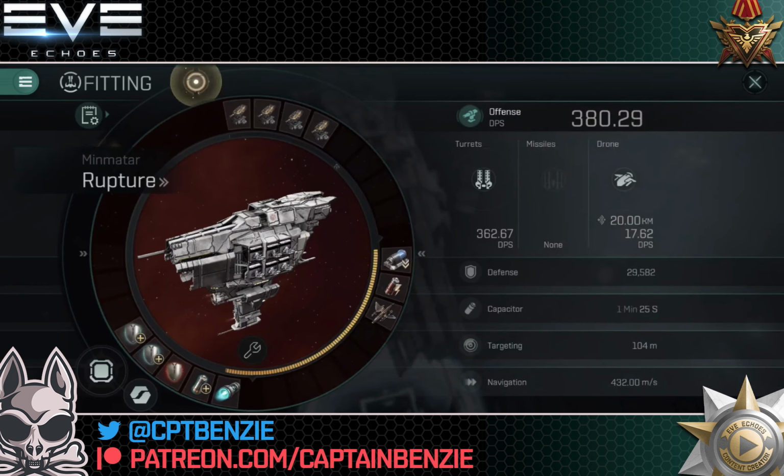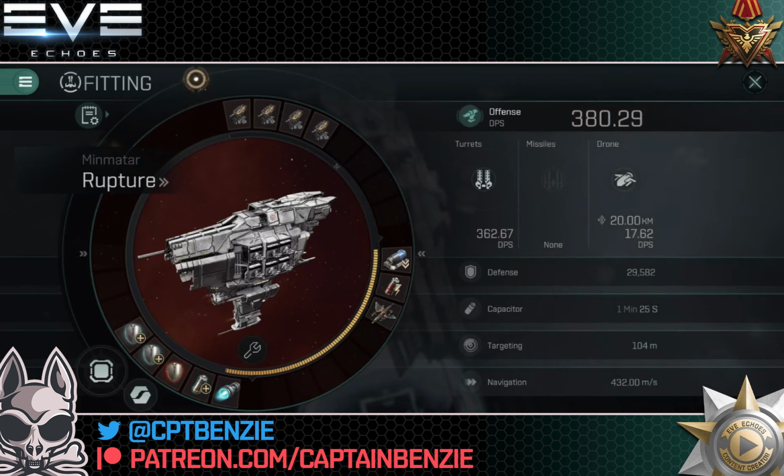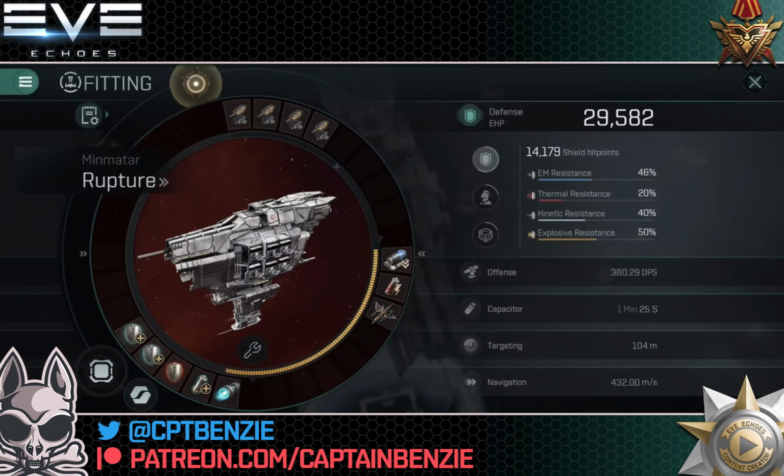Now ultimately with this fit, 380.29 DPS. You can see I'm just using a standard, I think it's Mark 5 even, there we are, Mark 5 Valkyrie, because that drone DPS of 17.62, as I said, means nothing. 362.67 cannon DPS. Our standard defense cold, before I've put anything on here, is 29,582, which for a tech level 6 ship I think is pretty monstrous, especially since I do not have hardly